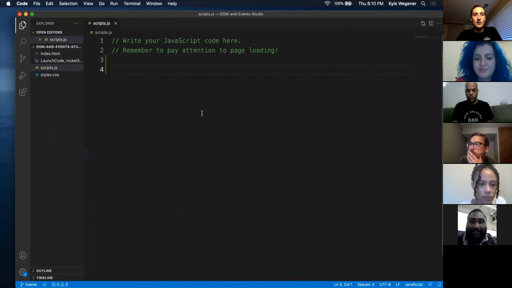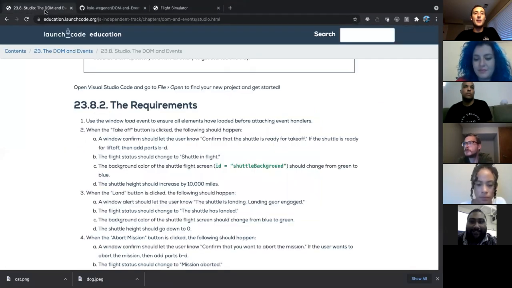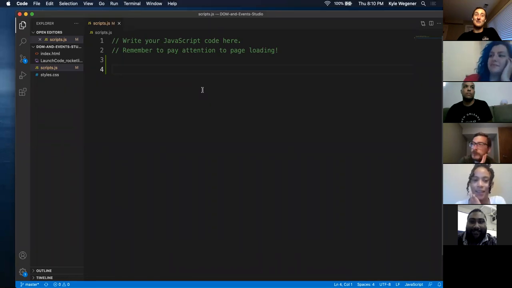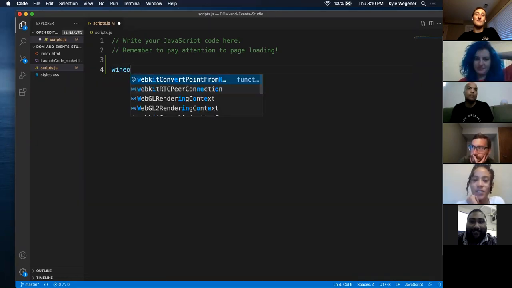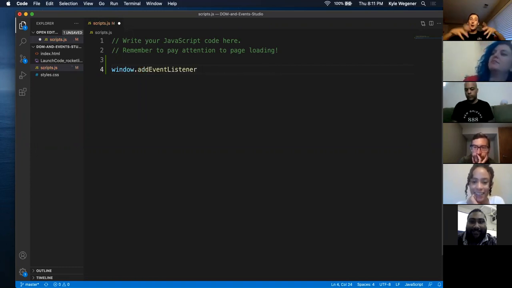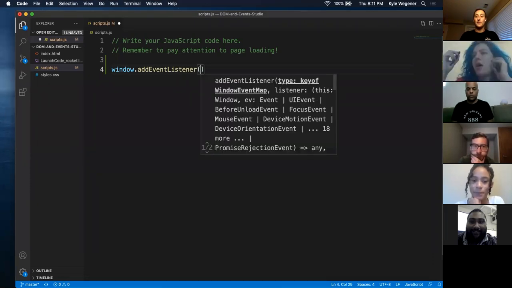All right, so the first thing we need to do is build that event listener. So who can tell me how they did it? Anybody want to tell me the answer? I did window dot add event listener. Love it. Window add event listener, because we have to listen to the browser. When the browser's done compiling all our code or done loading, that's the event we need to listen to. So very good, Jade. Yeah, we need to go on our window, that element, add event listener, and then in